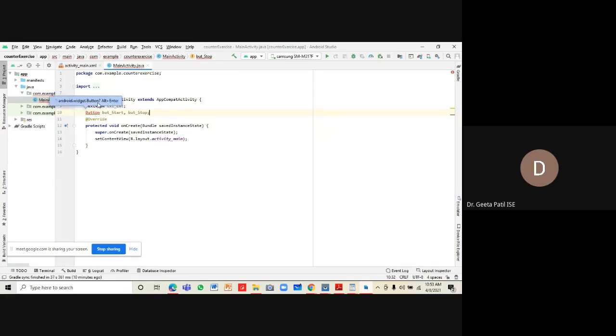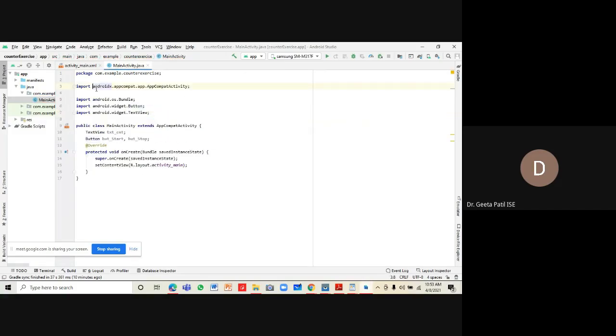Now press Alt Enter. You're seeing here Button in red, cannot resolve symbol Button. We have to import the Button class. That can be done by pressing Alt and Enter, Import class. The Button class is imported over here. Then these are the three things which are required.